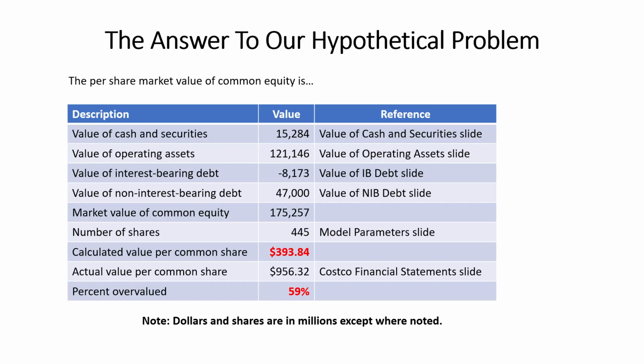Costco has a brand, and just like Warren Buffett has said, they pretty much build a moat around their returns. So that is a good company, but it's overvalued. And that's what we see here, where we have a share price of 393, but the actual price it's being sold for is 956. So you're overpaying for that stock if you buy it for 956.